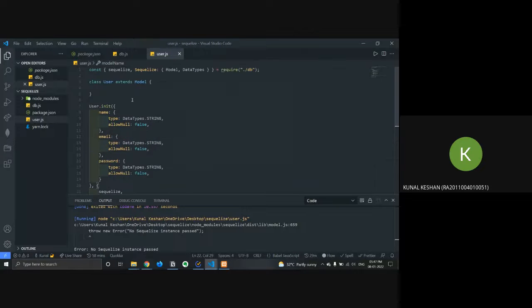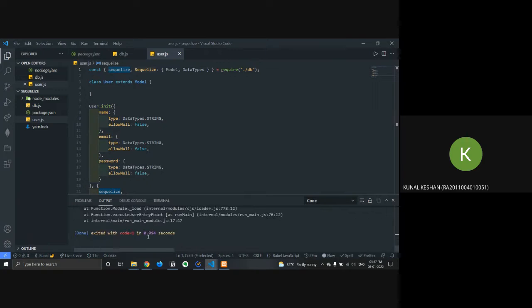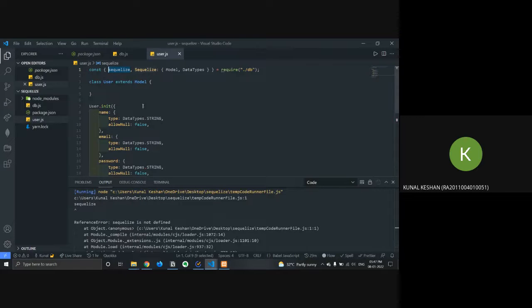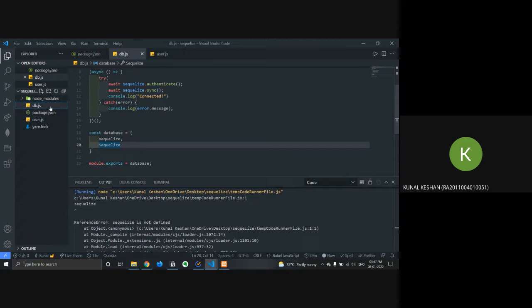Save this. Where am I getting sequelize from? My database, right? So .db over there, and run this again. Sequelize is not found. Why?